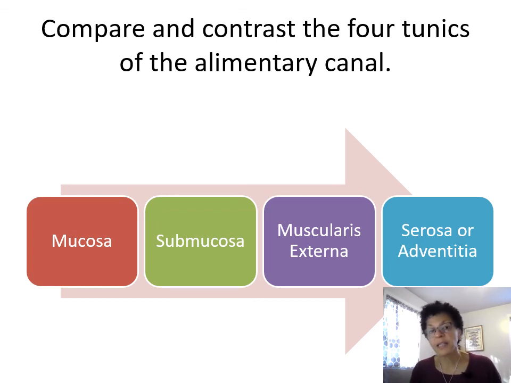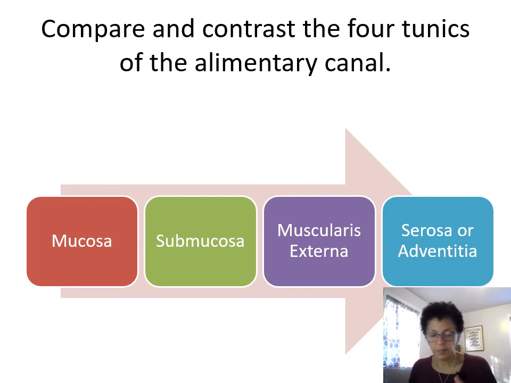Muscularis externa, that's the movement one. So that's peristalsis, segmentation, churning. Serosa or adventitia, believe it or not, as skinny as they are, there's a function, and especially for serosa, it reduces friction. So again, you want to be able to put them in order, identify each one, be able to say things like